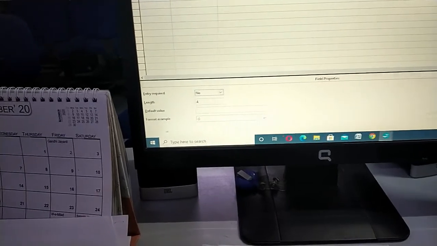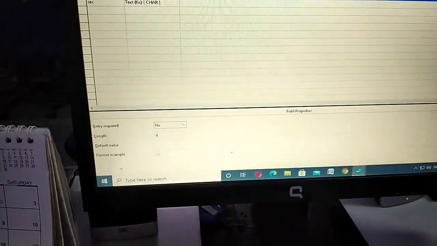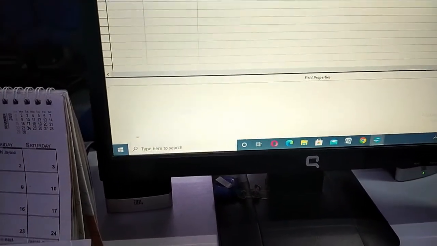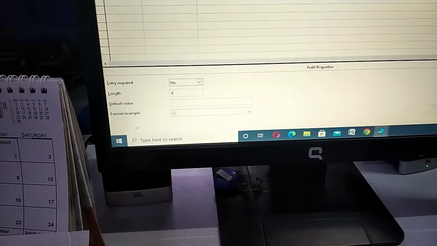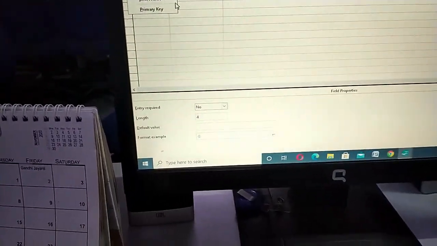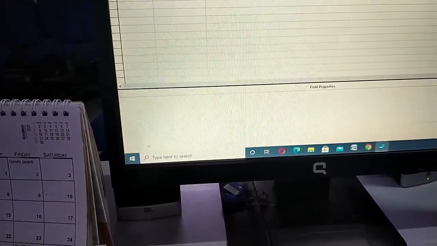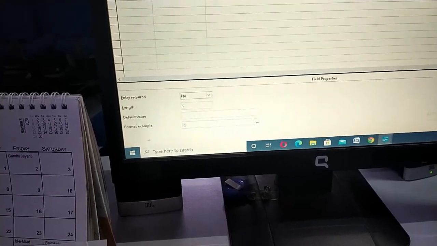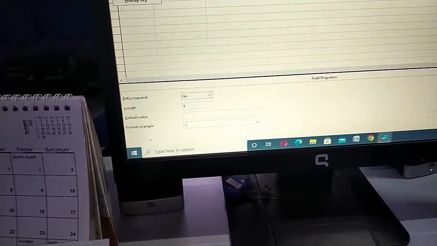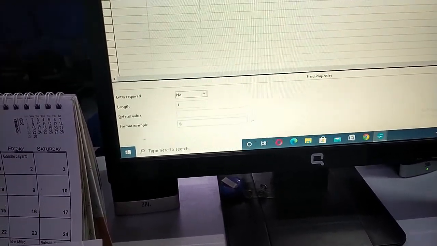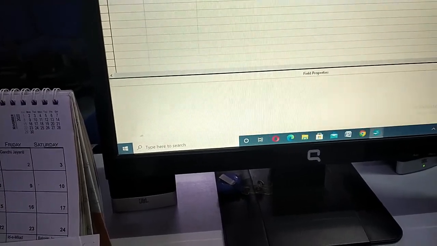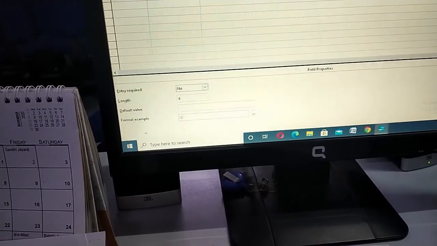Okay, so in that case you can just again cut it and paste it here, using the right button and then cut, or you may insert and then move. Like if I want to insert a record here, simply you can say insert row, or if it is not allowing, simply right button, say cut, come down and say paste if it is allowing you to paste it.